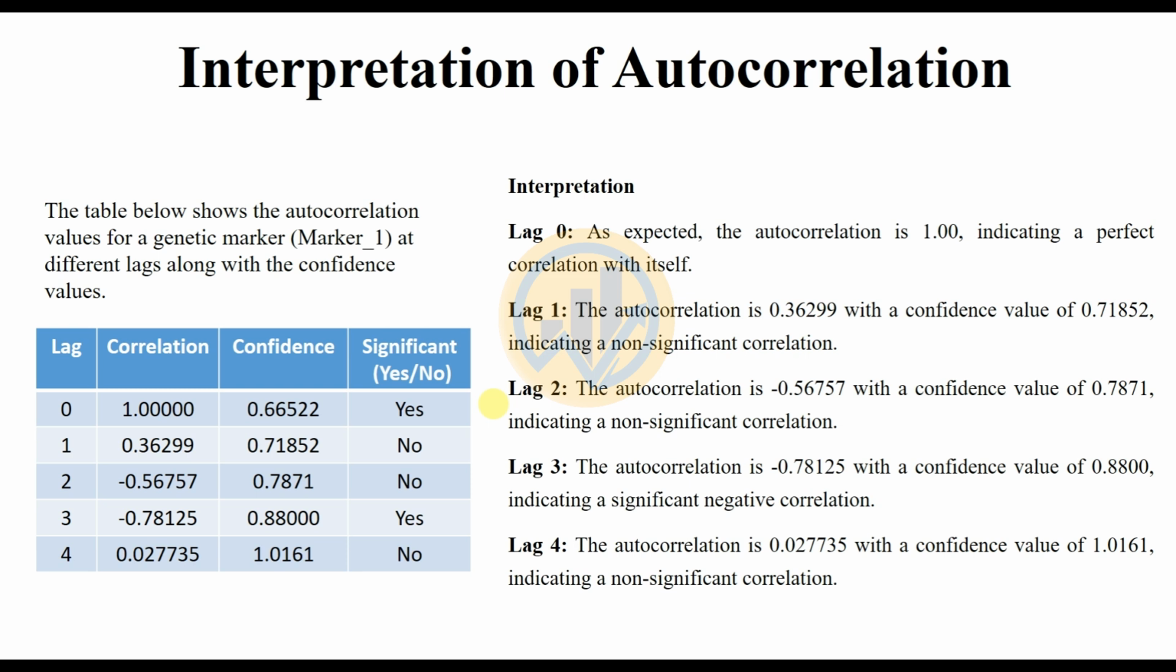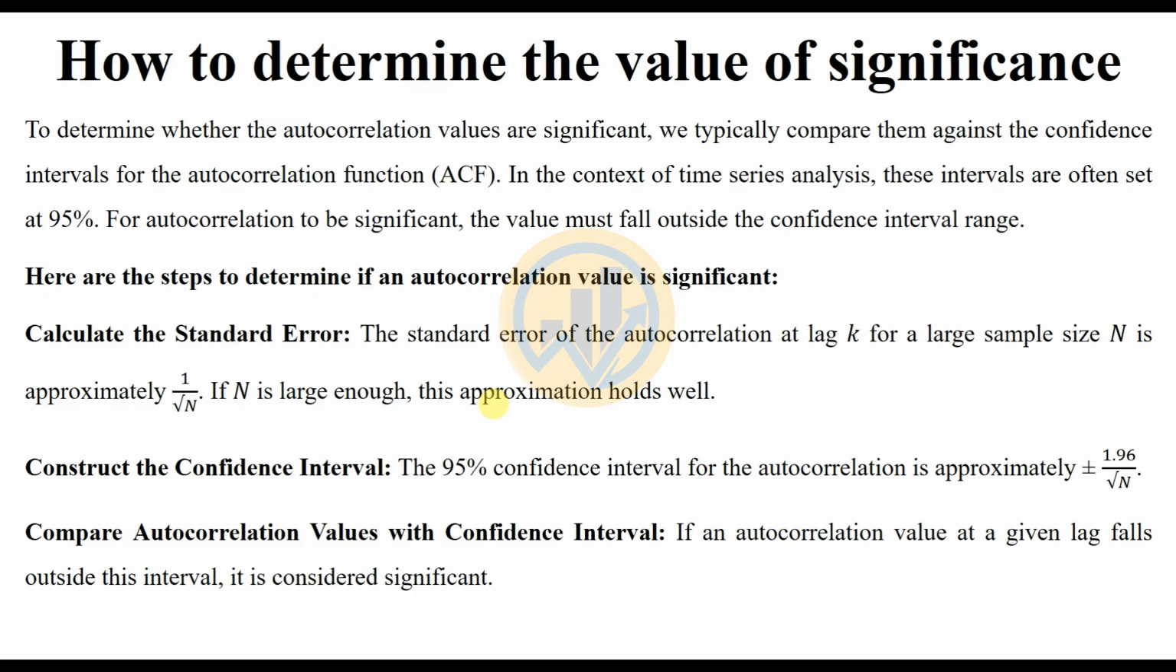At lag 4, the autocorrelation is 0.03 with a confidence value of 1.02, indicating a non-significant correlation at lag 4. So, how to determine the significant values in autocorrelation. To determine whether the autocorrelation values are significant,